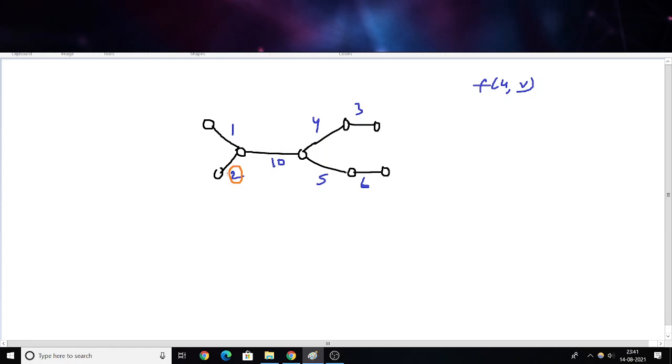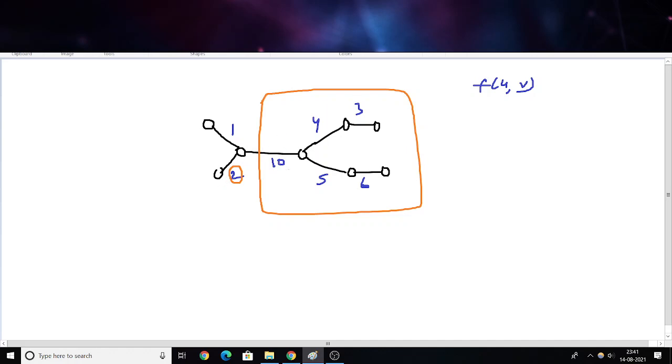If I want to find out the contribution of this, then I will have to cut this part right here, because everything in this right part has a weight higher than 2. So if I consider any node from this part, then the 2 will not contribute, right? Because we only consider the maximum edge weight.